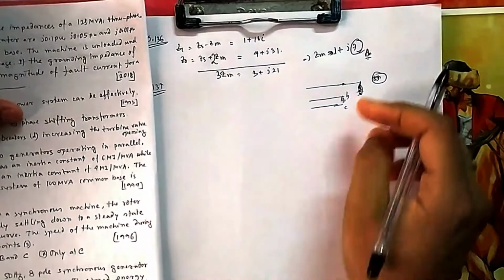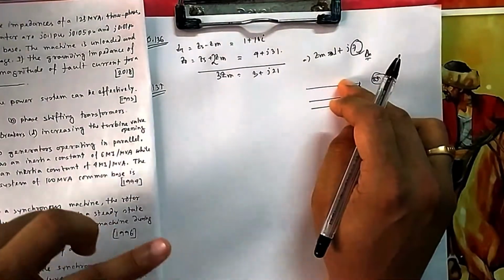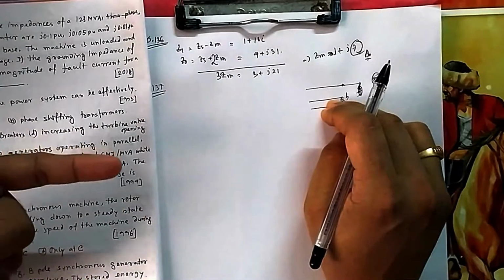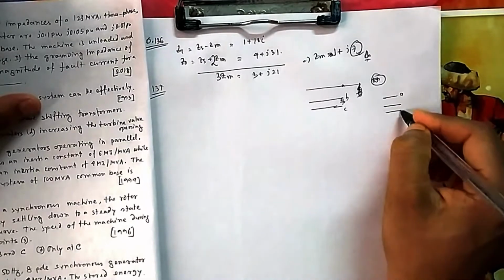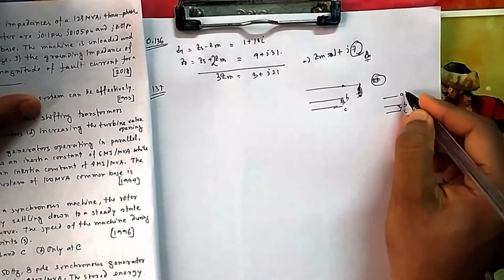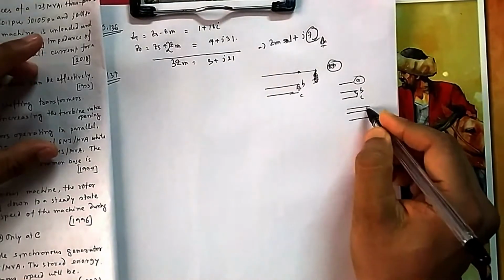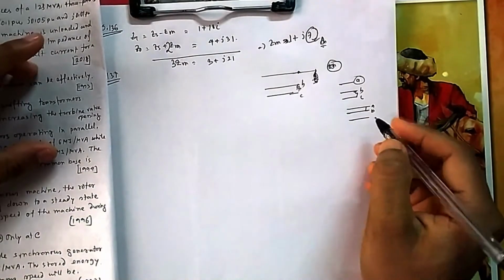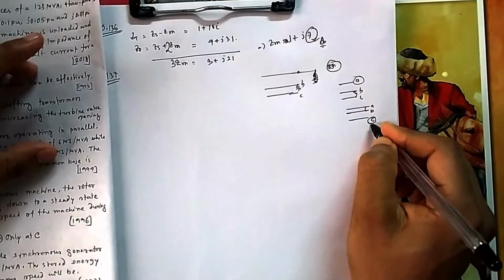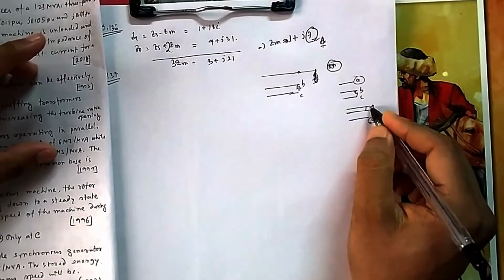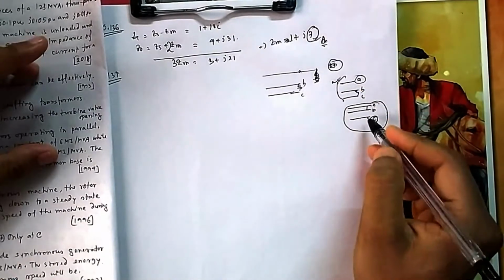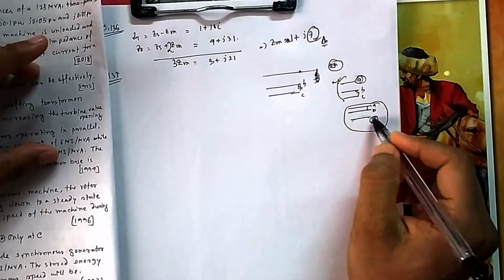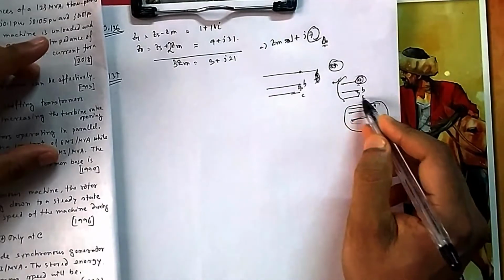So the same thing will come, because where the fault is, you are writing the sequence for the same. So it will be the same. But in an LL fault it is different, because the fault is between B and C and we write for A. So if it is given that the fault is between A and B, you have to change it accordingly. In that case C will be the healthy line, which becomes your A for our normal study, and the other two will become B and C for the sequence network. This is the original concept.